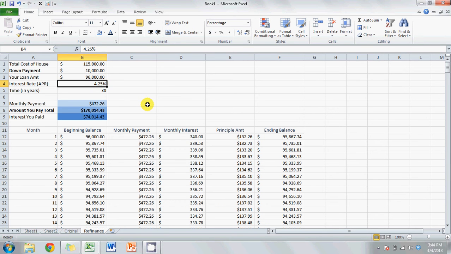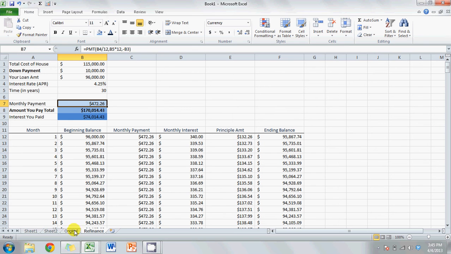the 30 years. Now let's say that it's a little depressing. I've already paid off 5 years. I only had 25 more years on my other loan. Now my monthly payment's cheaper. You can see you're down to $472 instead of $579. So you're saving almost $100 a month, which might make finances easier. Maybe that's what you needed. Maybe you needed that extra $100 a month in your pocket, or maybe you're just looking to pay your house